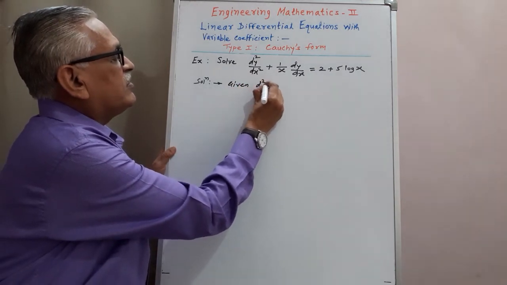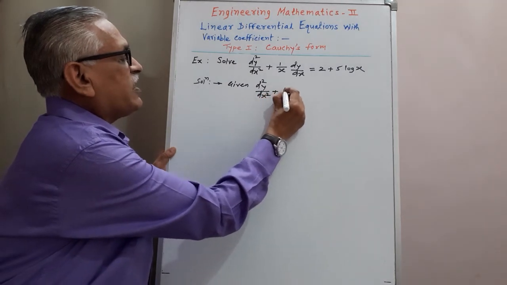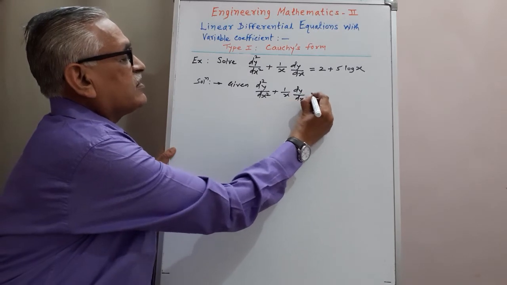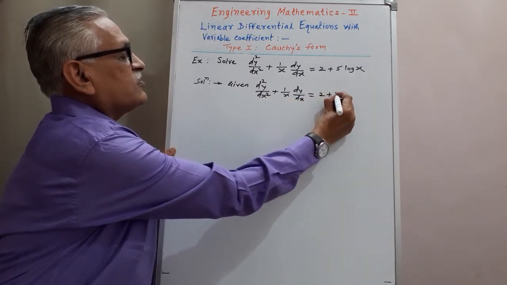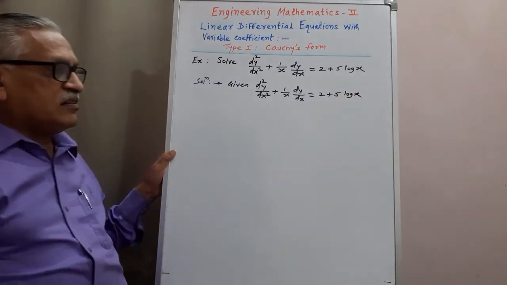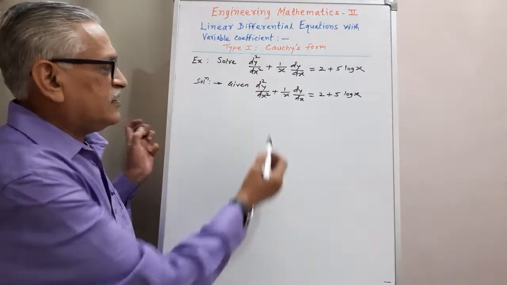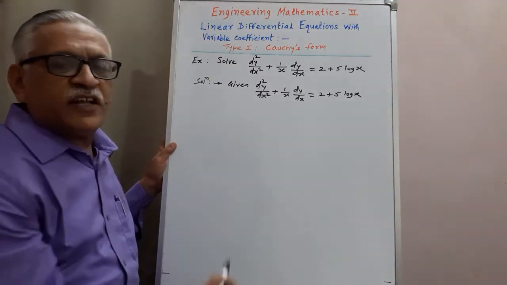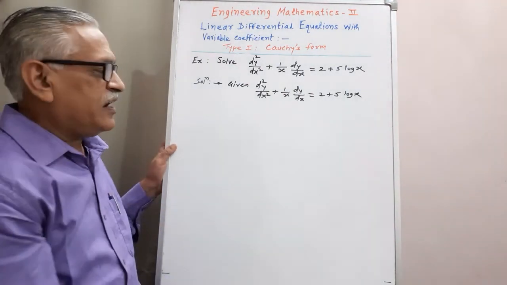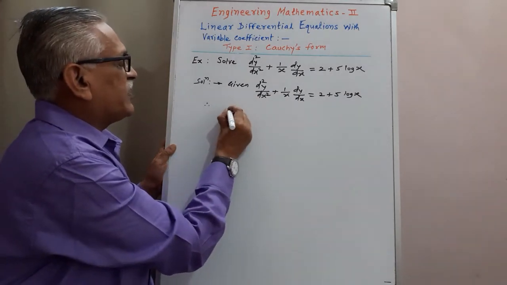It is d2y by dx square plus 1 by x into dy by dx is equal to 2 plus 5 log x. Then to convert it into Cauchy's form, the second order derivative term must be multiplied by x square and the first order by x, and for that we multiply by x square, and therefore it becomes x